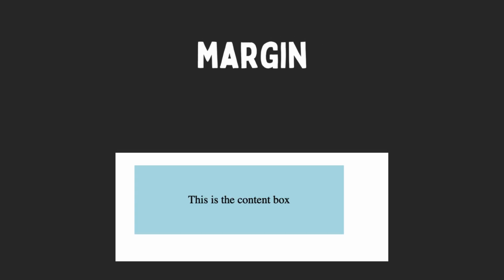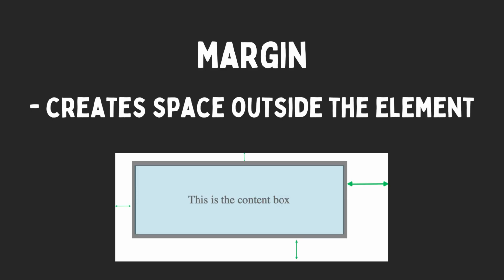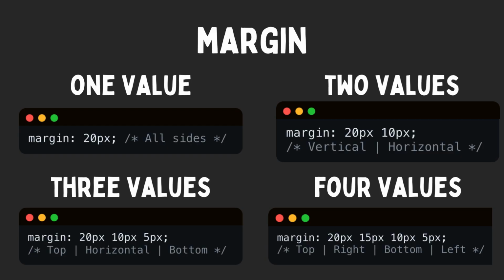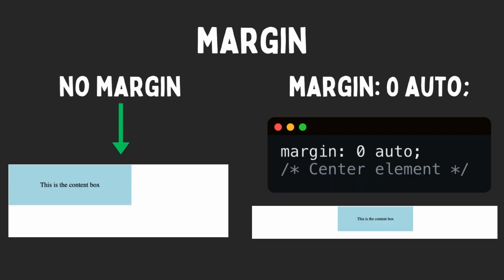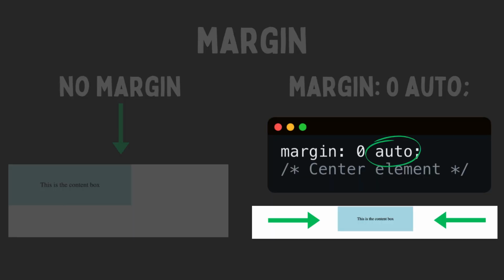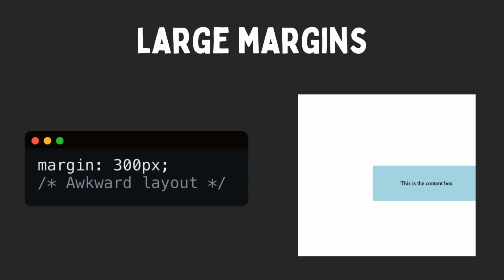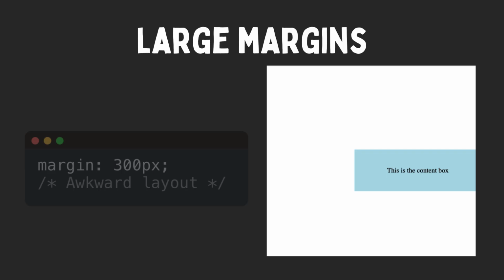Margin. Margin creates space outside an element, pushing it away from other elements or boundaries. Here's how margin works. Margins can collapse or use auto to center elements. For example, this centers the element horizontally. Using very large margins can create awkward layouts. For example,